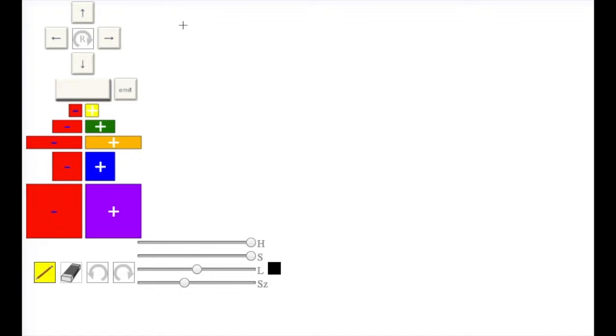Hello and welcome to the Algebra Tiles. You can do a lot of different things with the Algebra Tiles. For example, you could do integer addition. So if I want to do -2 plus 3,